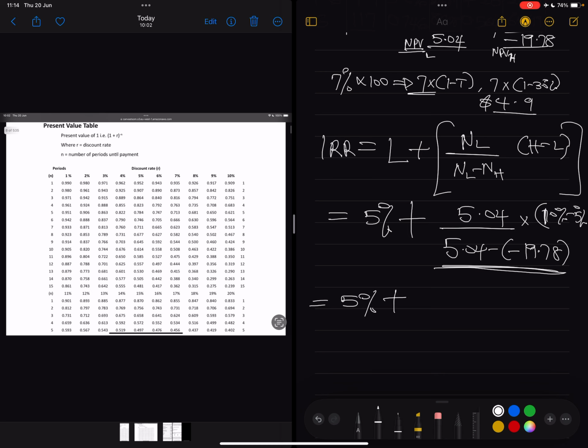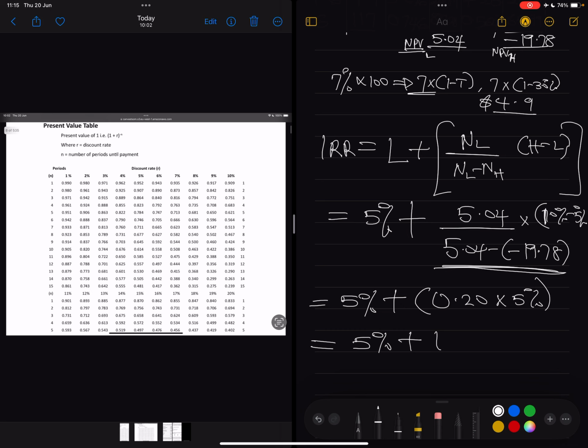If you first of all add 5.04 plus 19.78, remember, minus turns to positive. So I'm going to say 5.04 divided by the addition. That gives 0.20 multiplied by 5%. So hope it's making sense. So that equals 5%